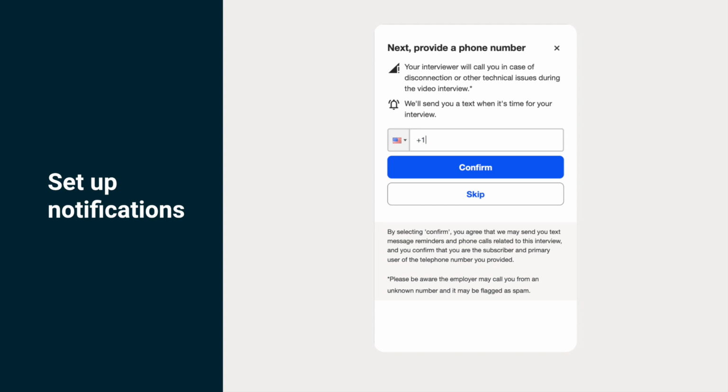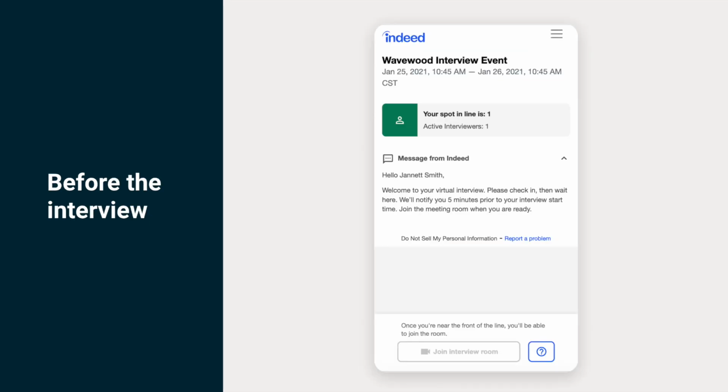Remember, if there is any disconnecting, you will be able to call that candidate back and finish the interview over the phone, or you can use the prompt to put them back in the waiting room, which we spoke about earlier. Now the candidate has been put into your waiting room. Here, candidates will be able to see where they are located in the queue after they've checked in. As an interviewer, you will then see their status change to waiting in interview room, followed by that ding to alert that someone is waiting. You can then click on Start Interview when you are ready.